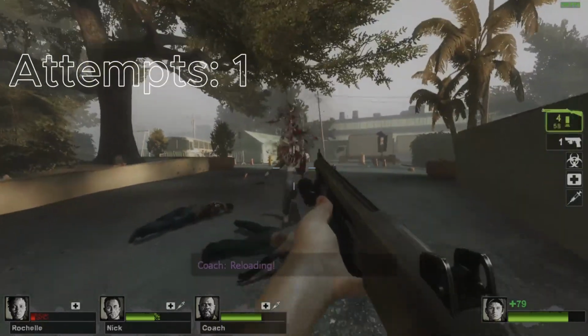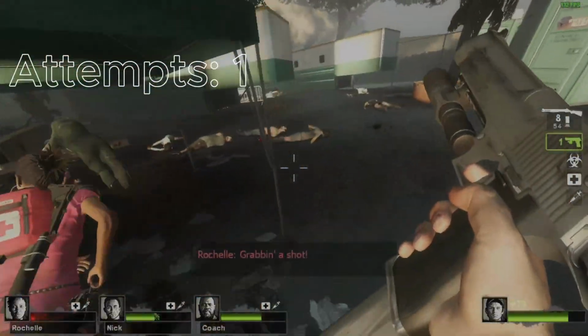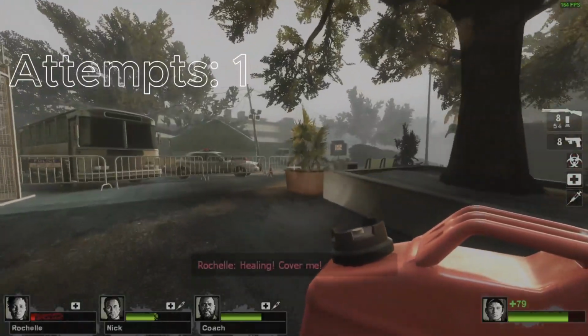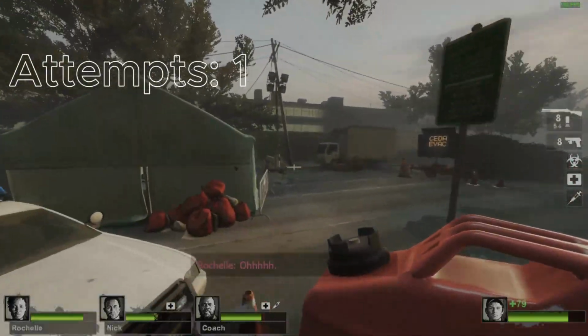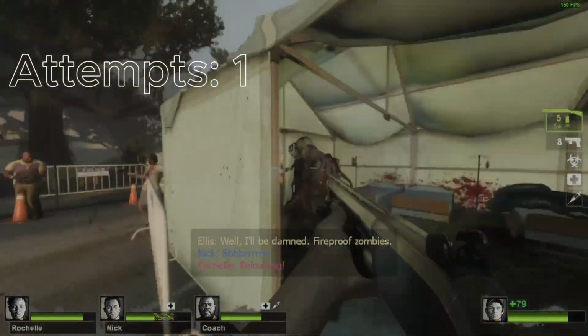Reloading! Basically, grab a gas can, bring it with you through the level, and it speeds up the finale significantly. And this extra gas can alone can actually prevent me from encountering a tank at all in the finale. Unless there's one before the thing starts, which would be crazy, but...